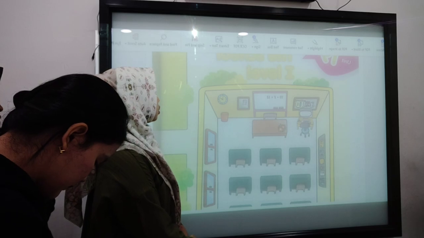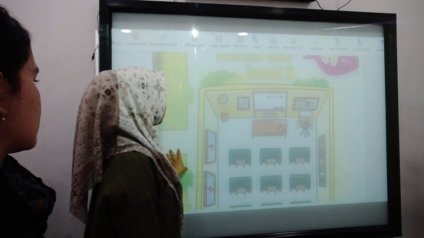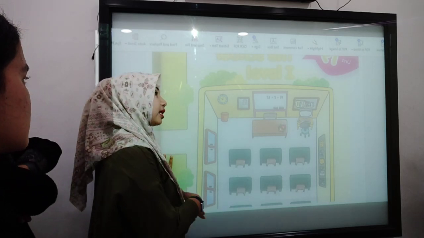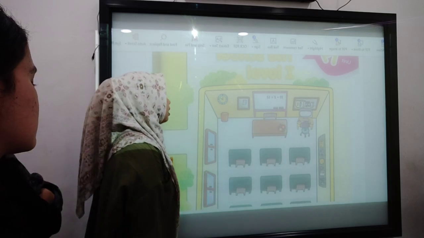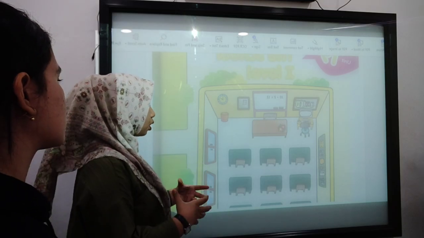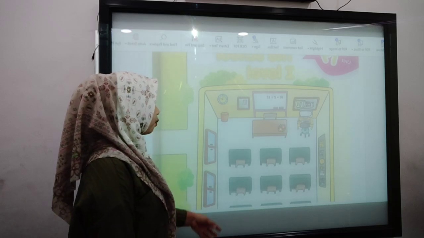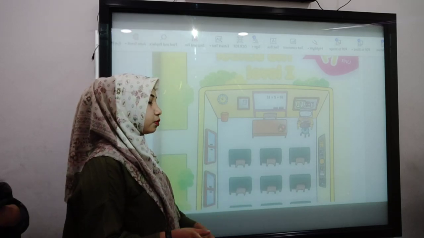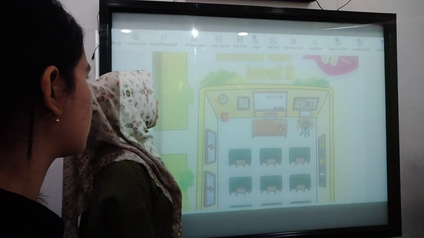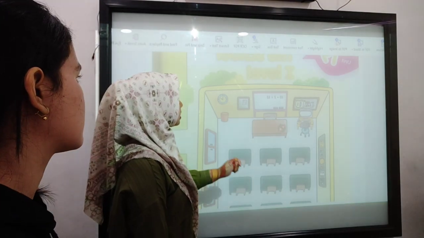So later, before explaining, I will ask the students to read the paragraph one by one. But sometimes I ask them to read together because we don't have much time. After that, I will ask them how the class looks nice. So later they will explain it like this: the chair must be neat, and the table also, and the whiteboard must be clean. So after we study, we have to erase all this like this.